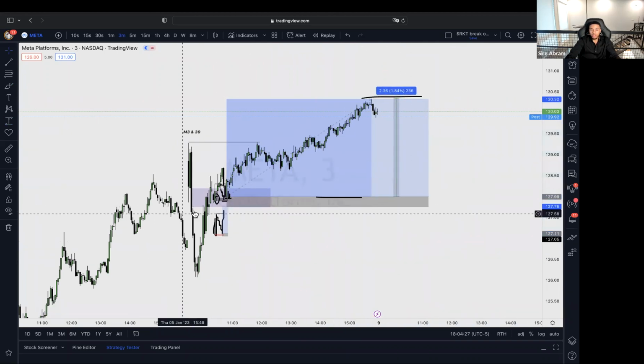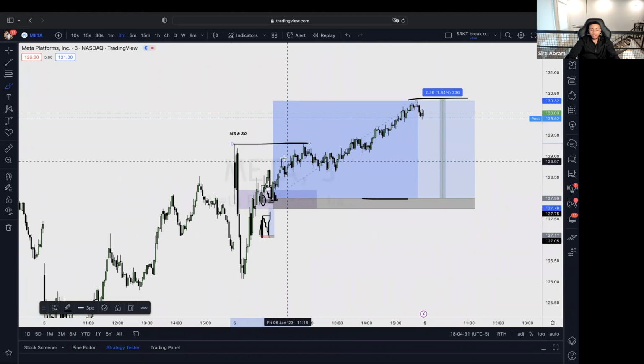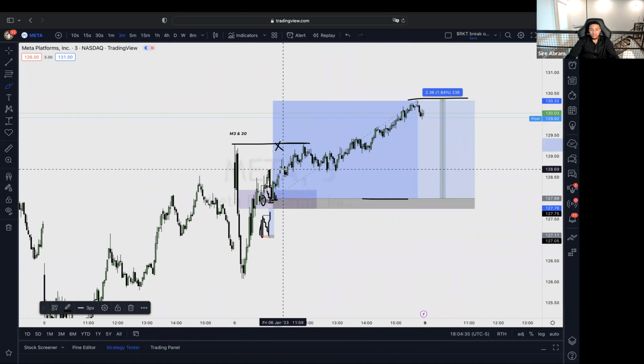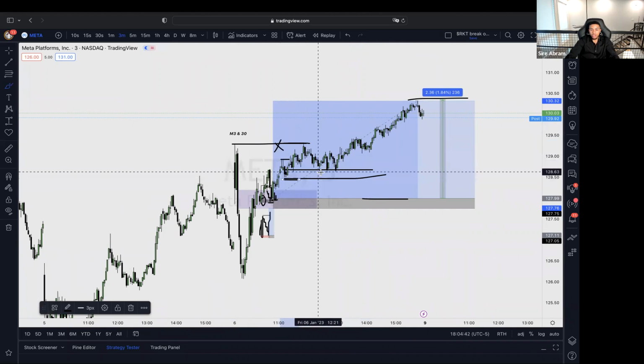That's perfect. And in terms of your targets, you can target this high right here. You can take some profit here. And then you can find different zones right here. So you can see this high, this low, initiates the break of this high. We retrace back down to it over here.